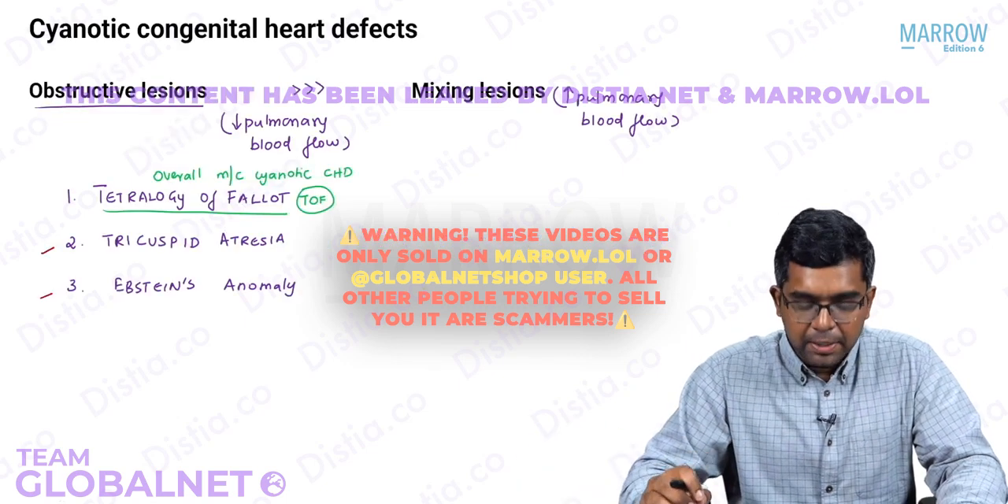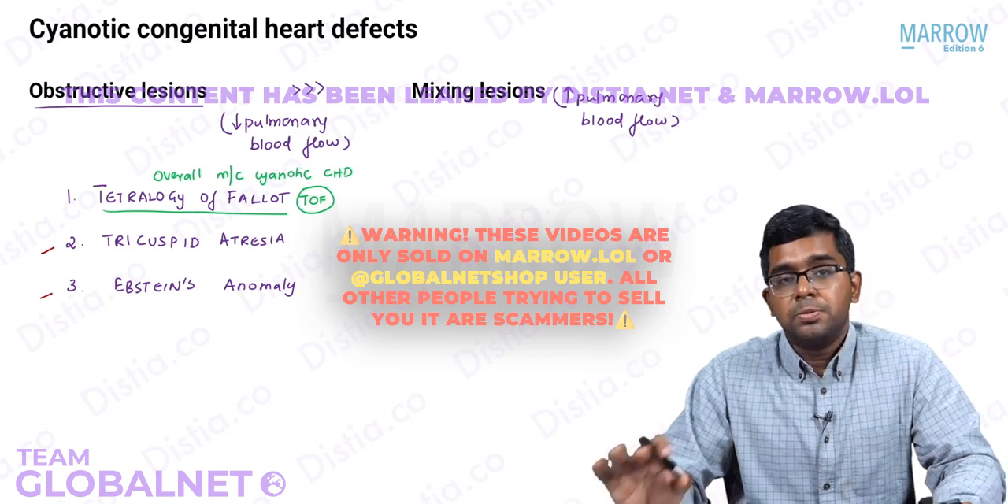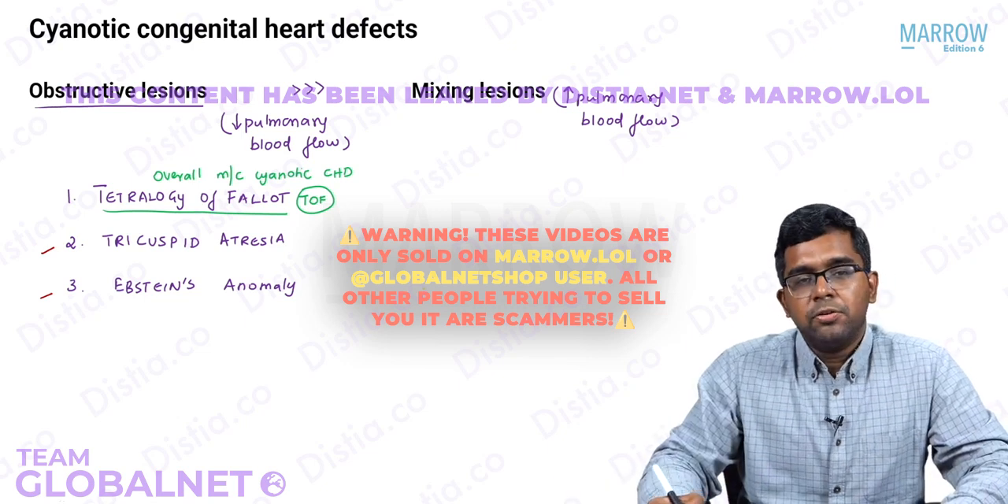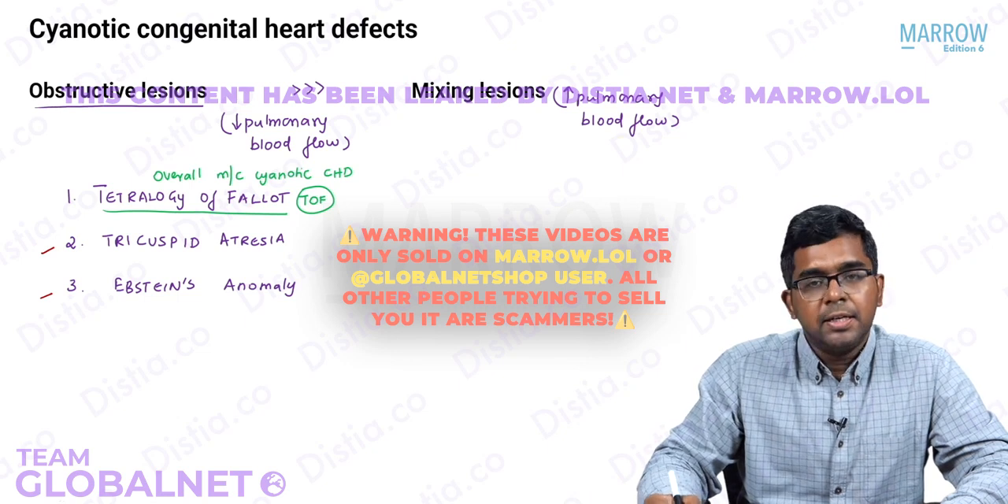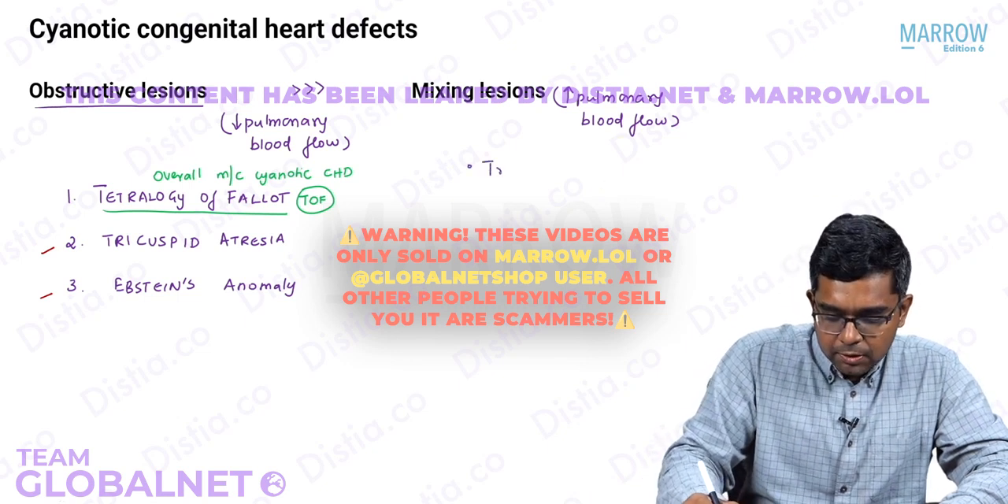And with that, I have completed the first set of cyanotic congenital heart defects, namely obstructive lesions with decreased pulmonary blood flow. The next type of cyanotic congenital heart defect is the mixing lesions, which are characterized by increased pulmonary blood flow. In this category, we have truncus arteriosus,